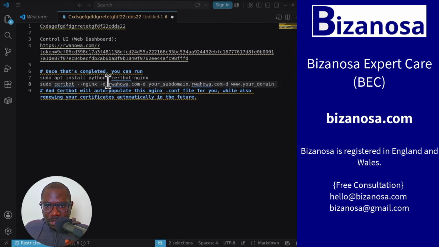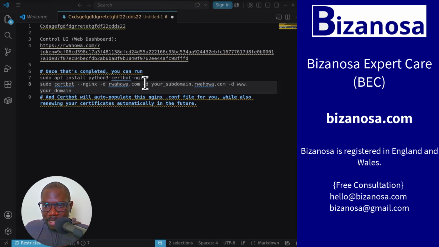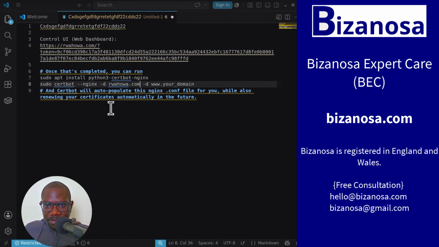So this is certbot --nginx -d for the domain, your subdomain. If you want to generate it for any of these other domains, you can do so, but I'm just going to generate it for this domain and the www domain. Control V. sudo certbot --nginx generates a certificate for these two domains, and this is going to automatically add the configuration